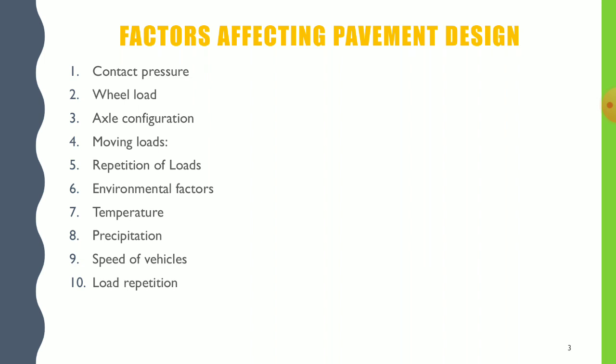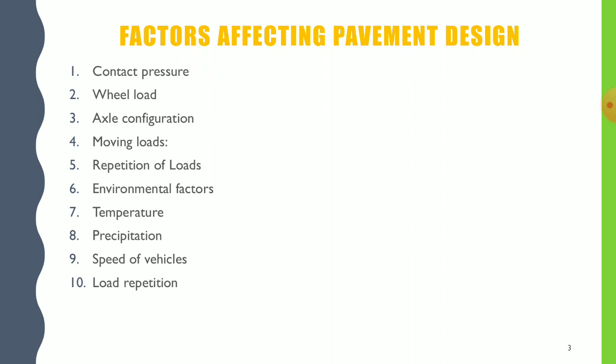So going for the conclusion, we have several factors which are very important. Wheel load is also very important, since pavements are designed to take some middle wheel loads or lower high ton edge wheel loads. So slow moving loads and static loads are detrimental to the pavement. And we are moving to the next one, which is speed of vehicles. So how can the speed of vehicles influence the factors affecting pavement design?